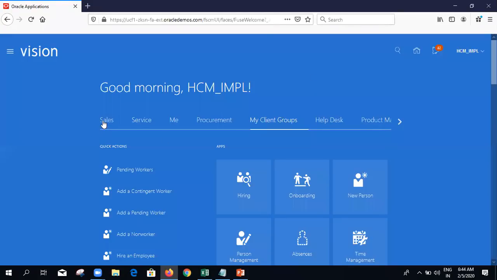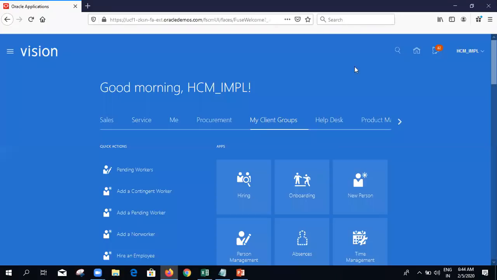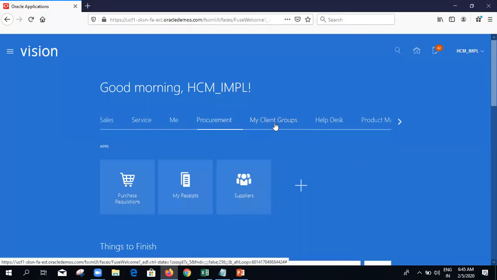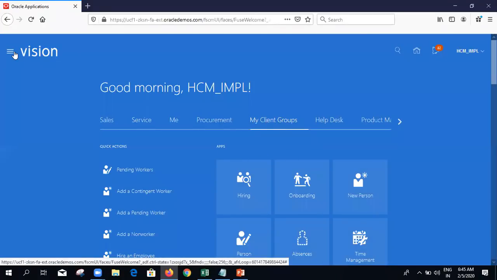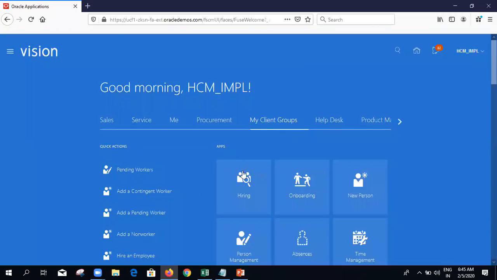Whatever you see in the horizontal way on the main screen, the same tasks will be available in the navigator. So directly you can choose from here, or else you can go through the tasks from the navigator also. So this is the Springboard and this is the navigator.